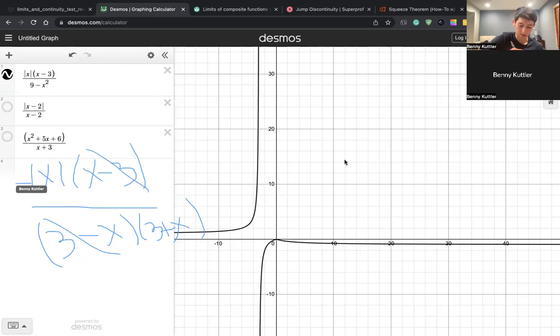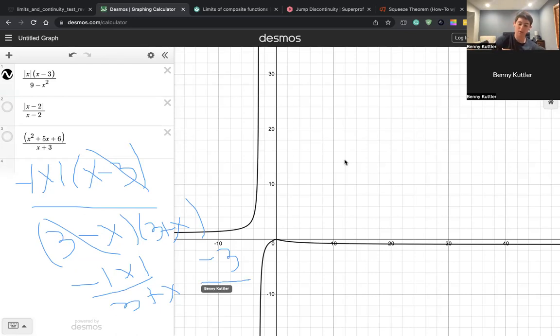We'd have a negative on the top, negative absolute value of x over 3 plus x. Now, if we look here, this is our function with that removed discontinuity that was at x equals 3. But now at x equals -3, if we plug in -3 here, we get negative absolute value of -3. Well, absolute value of -3 is 3, and then we take the negative of that, which is -3,